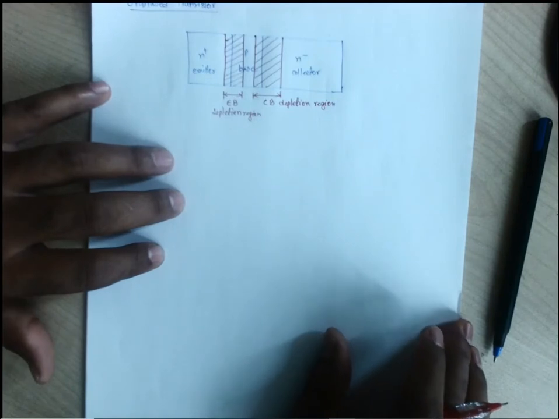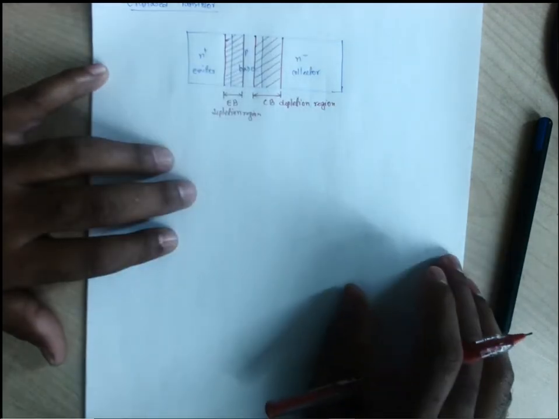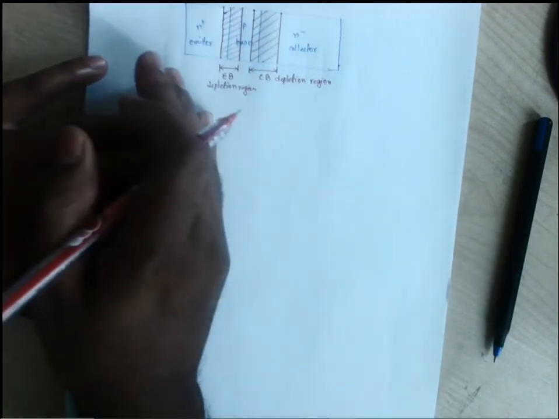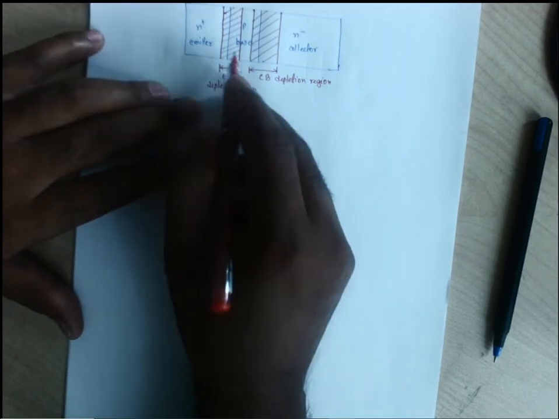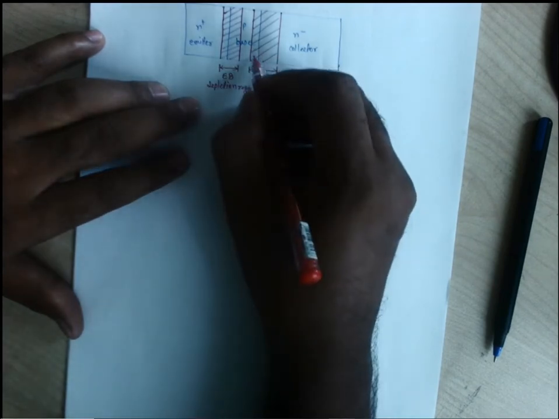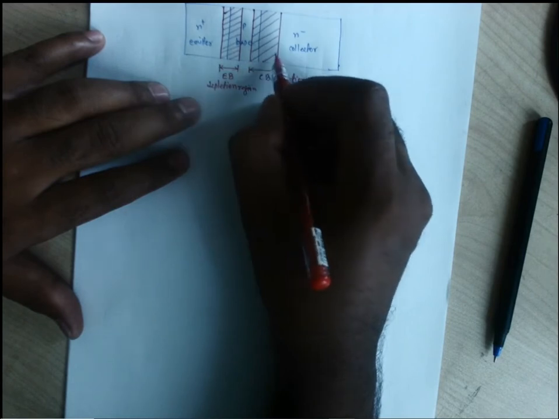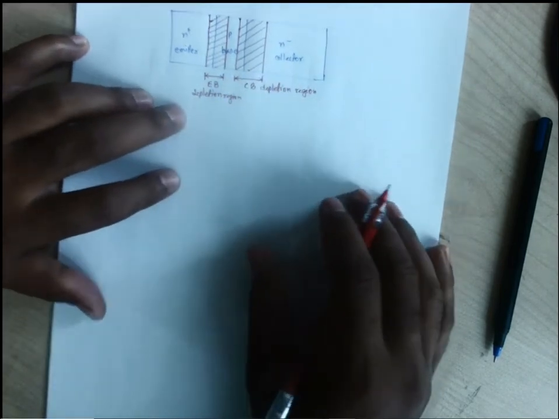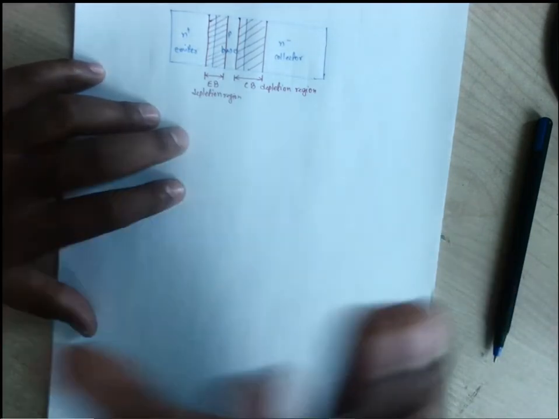Now, if we look into this charge distribution, that is due to the immobile ions which exist in the depletion region. So, this side will have the positive ions because it is N side. Base will have the negative ions. Same for this depletion region also, it will have the negative immobile ions, and this side it will have the positive immobile ions. So if we go with this doping profile, we'll find something like that.